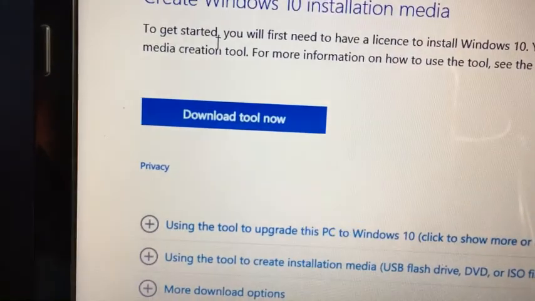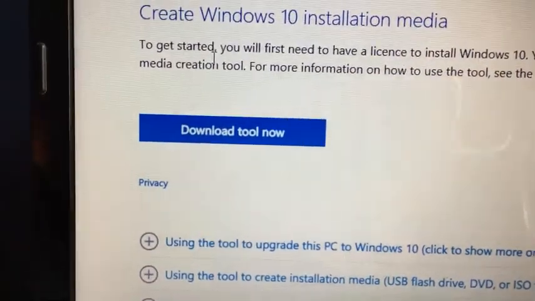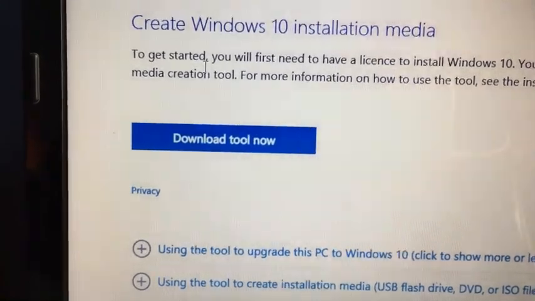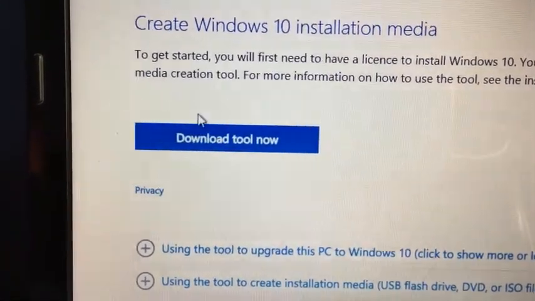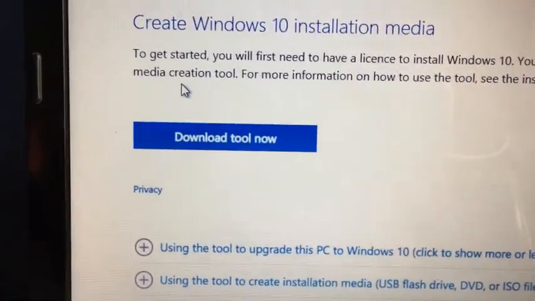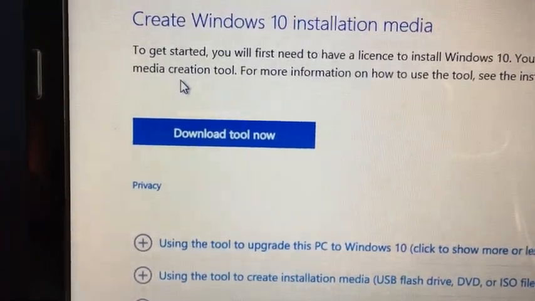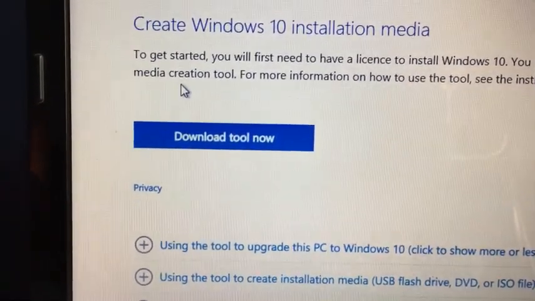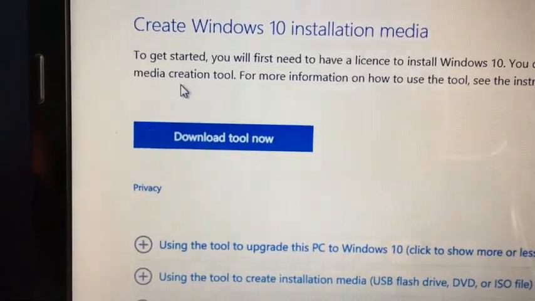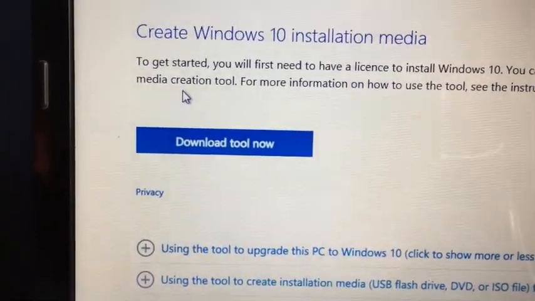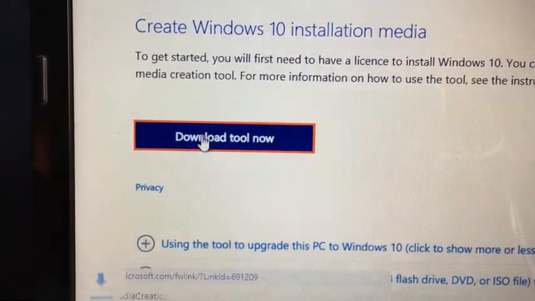Here you will see Download tool now. To create the bootable media, you will need to download the tool, and with the help of that tool you should be able to create the bootable for Windows 10, which you can then take to another computer and plug in. So just click on the Windows tool.